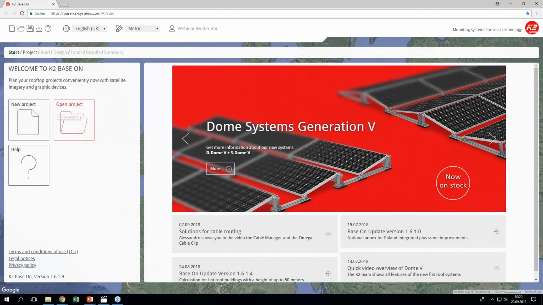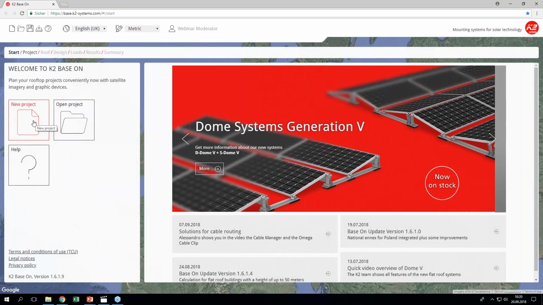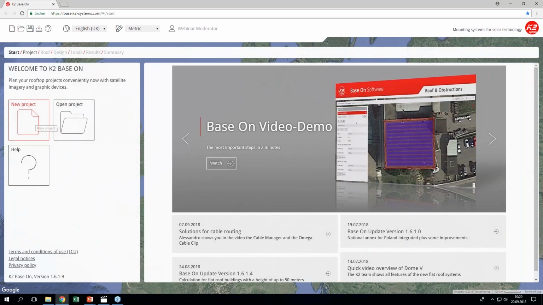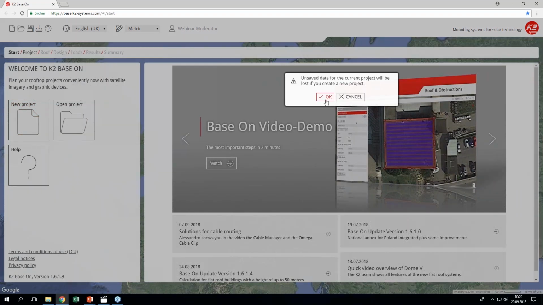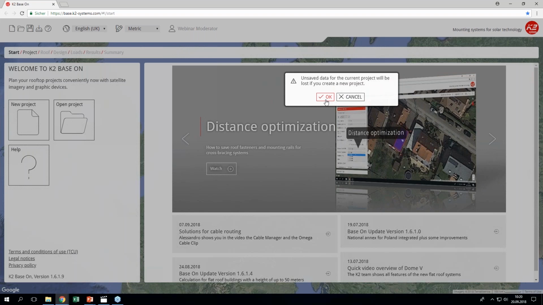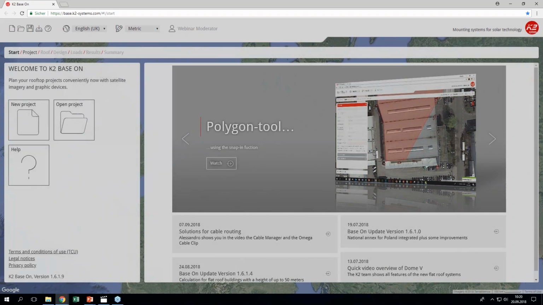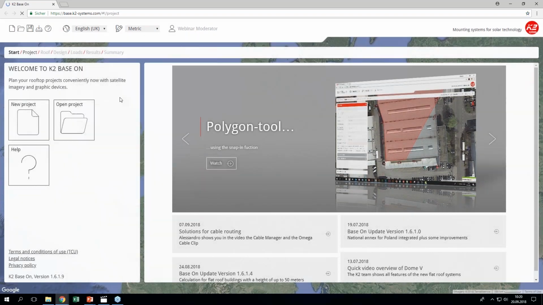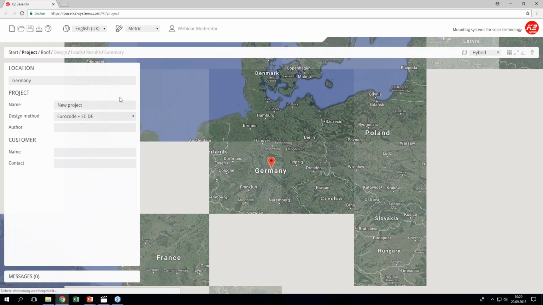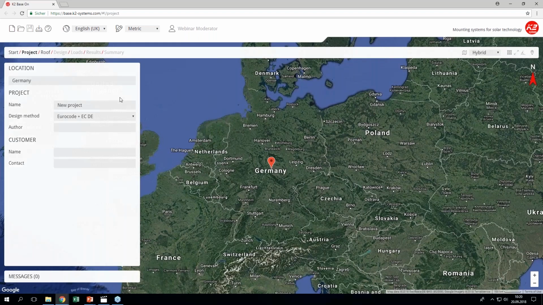So what we want to do now is we create a new project. So I push this button here and I get informed that unsafe data for the current project will be lost. But as far as I don't have a current project, that's okay. So we wait a little, and then now I have the map of Germany and my pin is in the